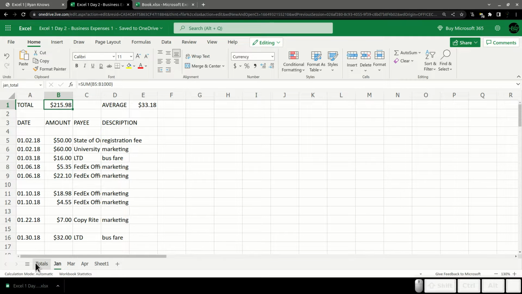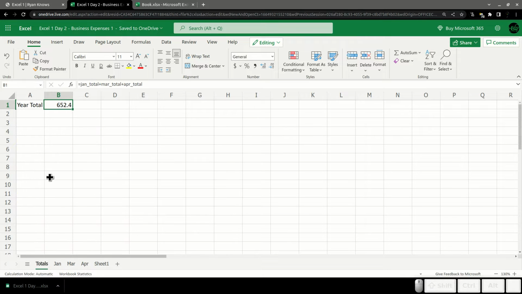But to solve our specific problem here, where I want to be able to add more months and have it automatically include the total from that month, we're going to do something called a 3D reference. So we have had cell references, a letter followed by a number, that's just the address of that cell. There's two types of those, our absolute and our relative cell references. We have range references, which is a cell reference, colon, and then another cell reference. We have sheet references, which have the exclamation point. We have named ranges, which are a form of reference.